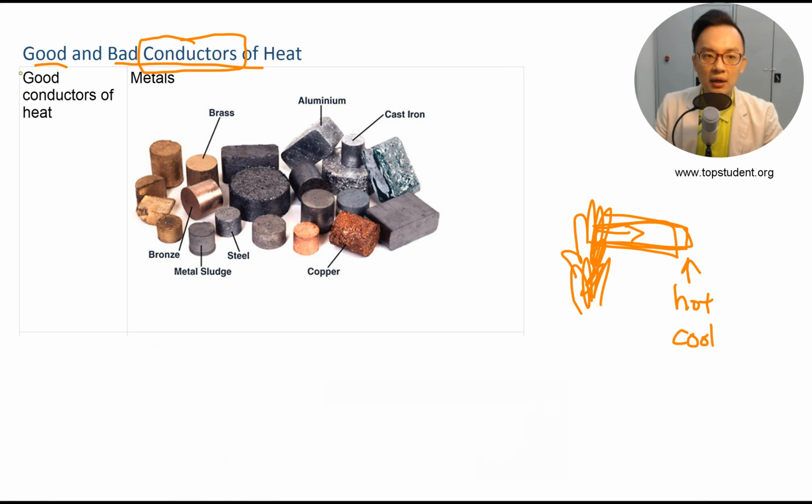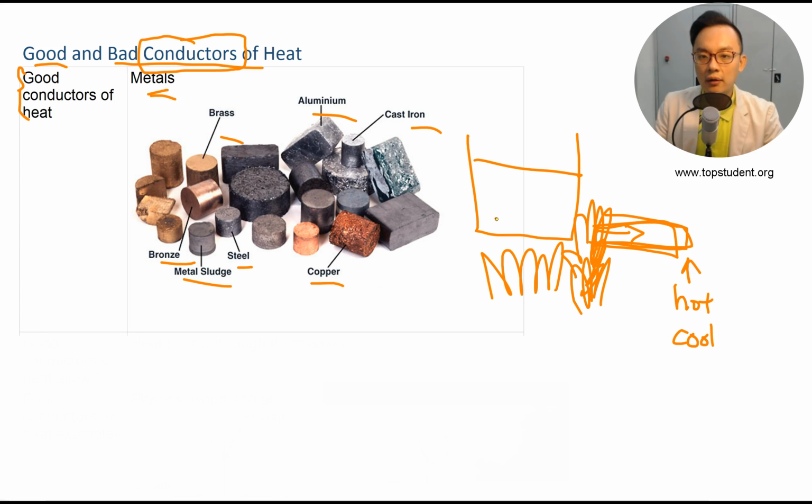So what are some good conductors of heat? You have mostly metals. I have a picture of a few metals here: iron, aluminum, copper, steel, bronze, brass. Basically, if you are a metal, you are a good conductor of heat. And if you don't believe me, you put a